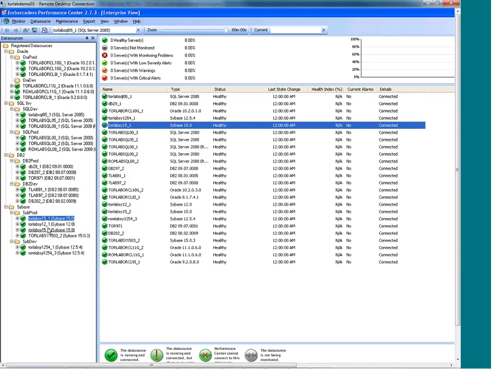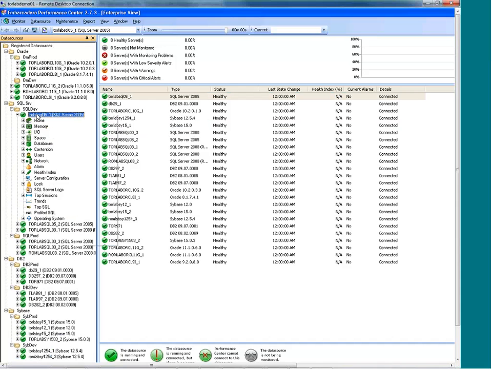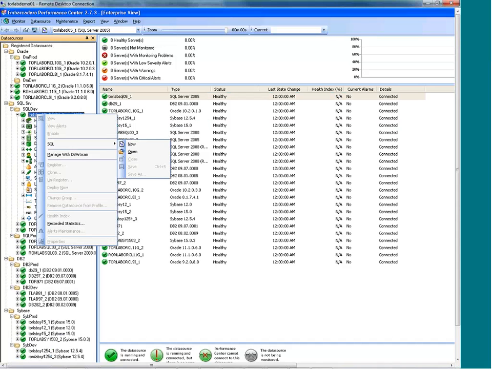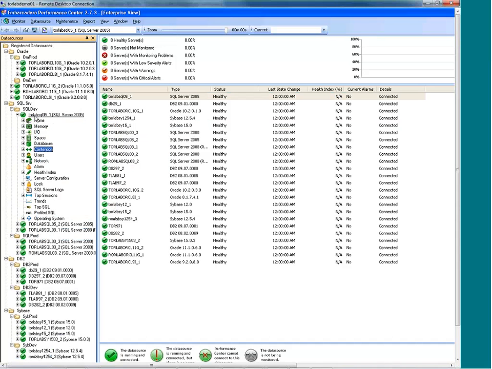You don't have to write a homegrown application to monitor those data sources and give you the confidence that when you leave for the day, you'll know about something if it needs to be taken care of well before it results in possibly a production outage. The last thing you want is a phone call in the middle of the night from the support desk letting you know that the database is down. So Performance Center is our 24/7 monitoring solution, and if I drill in a little bit on one of our SQL Server data sources,